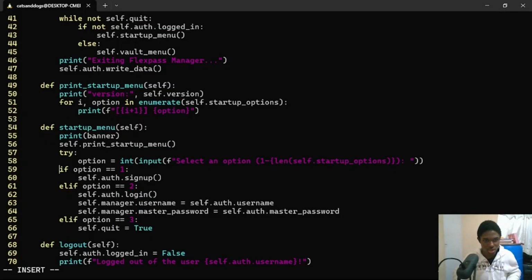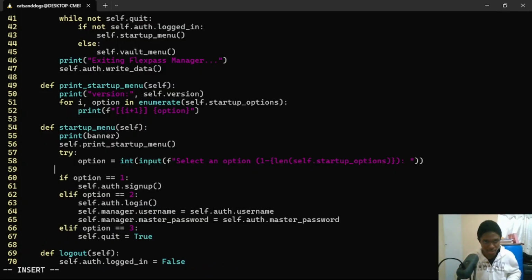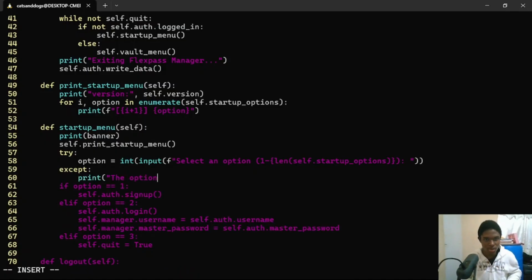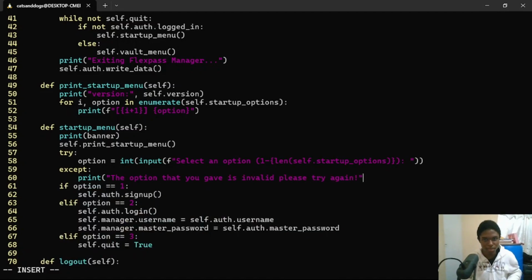So we could try to do something like this, and then we could say except, and then we could print the option that you gave is invalid, please try again. And then once we do this guys,